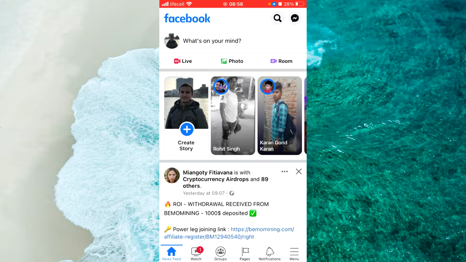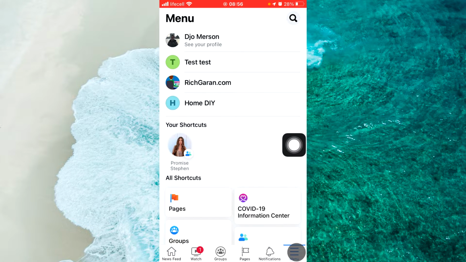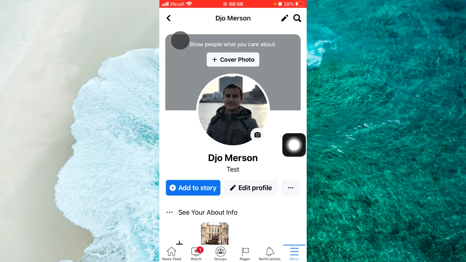First, open menu. If you use Android device, at the top right corner click on three lines. If you use iPhone iOS device, at the bottom right corner click on three lines. Next step, open your main profile. At the top you can see your profile. Tap on it. Next step, tap on your profile picture